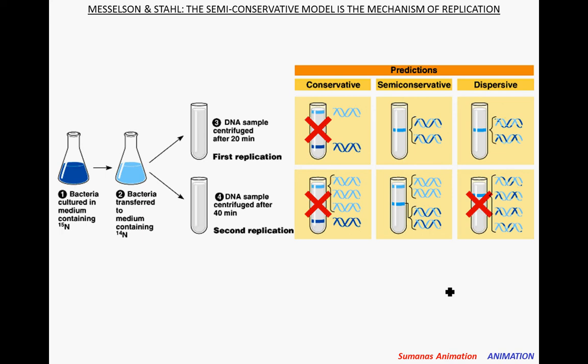So the semi-conservative model is the mechanism for replication. A little bit of background here and then their experimental setup. They take bacteria that are cultured in a medium containing heavy nitrogen. This nitrogen-15 is an isotope, which means that it has one extra neutron, so it is heavier. It's still nitrogen, but what's the big deal with this? Well, the nitrogen-15 gets into the new nucleotides